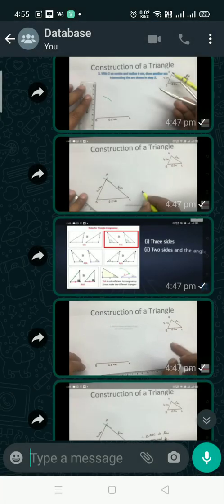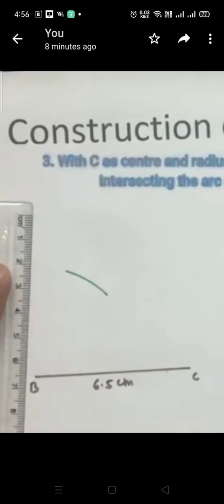Now let's draw AB, that is 4.5. Now we need to use our compass. Come on, all of you take out your compasses. Give me 2 minutes. On a scale you take the measurement 4.5 on the compass, and from B you draw an arc. The pointed part of the compass will be on B, and with your pencil you draw an arc. Can you see this green line? That is called an arc. So you have drawn the 4.5 arc.